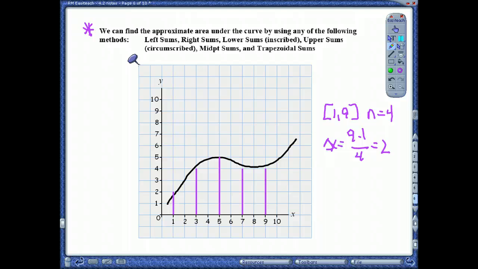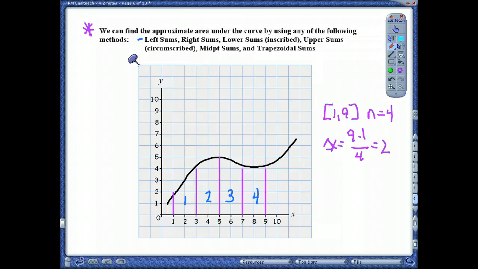And we're talking about Riemann sums here. That's what it's called. So we can do left sums, right sums, lower sums, which is also called inscribed, upper sums, which is called circumscribed, midpoint sums, and trapezoidal sums. Now, when they're talking about left sums and right sums, we don't even have to graph it in order to get this value. Because if it's a left sum, that means looking at your rectangles, I have rectangle 1, rectangle 2, rectangle 3, and rectangle 4. When I'm looking at a left sum, that means when I'm looking at this rectangle here,